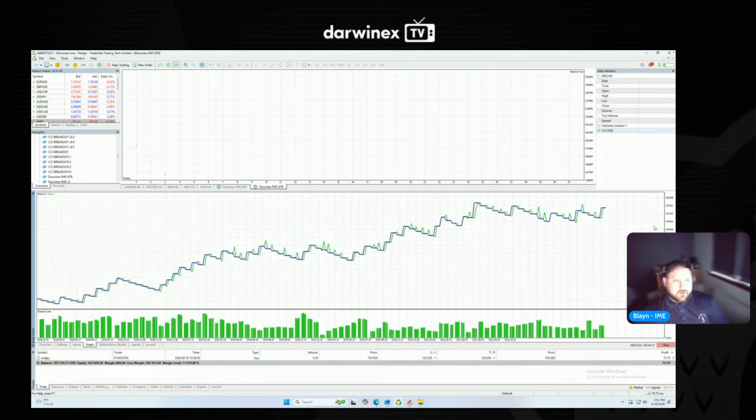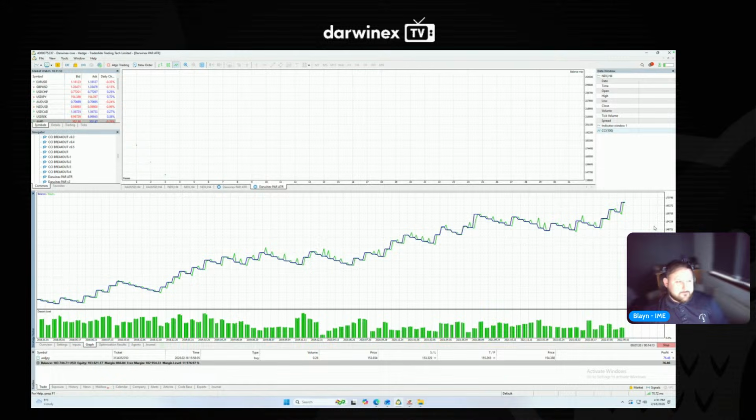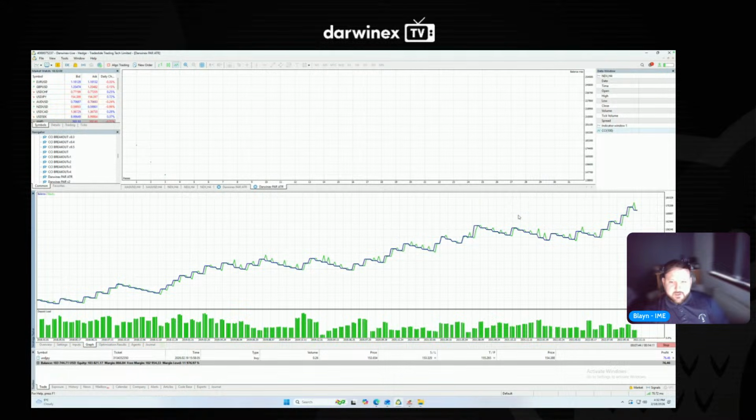It could decrease your drawdowns, and depending on how happy you are, you could have a strategy that wins 30% of the time. There's no problem with that, if you're happy losing 7 out of 10 trades. But if you're risking 1% and you're trading multiple of these strategies, if you do a Monte Carlo analysis